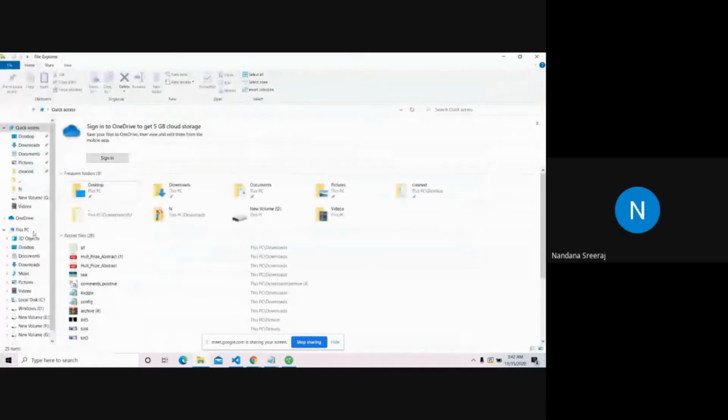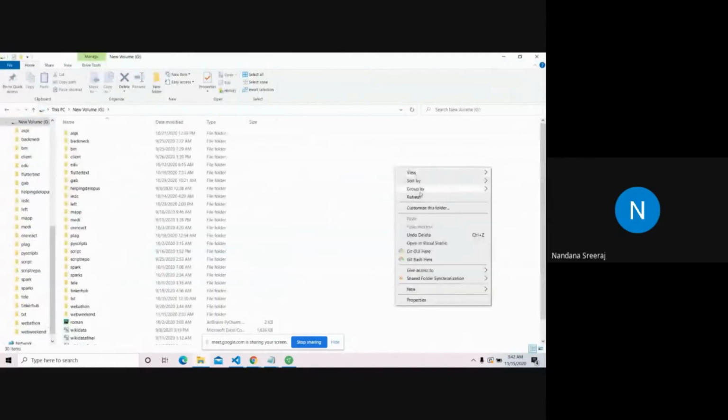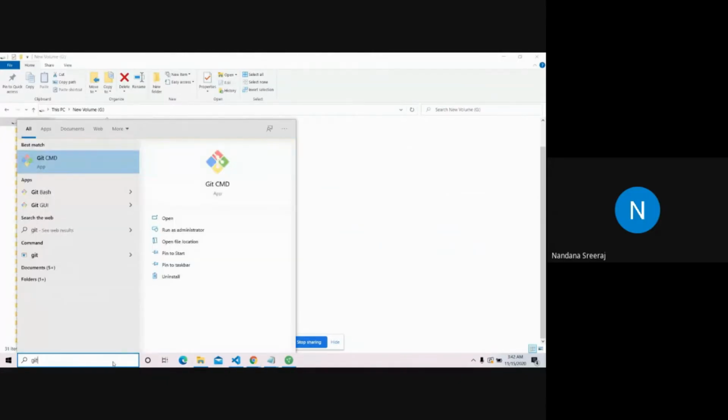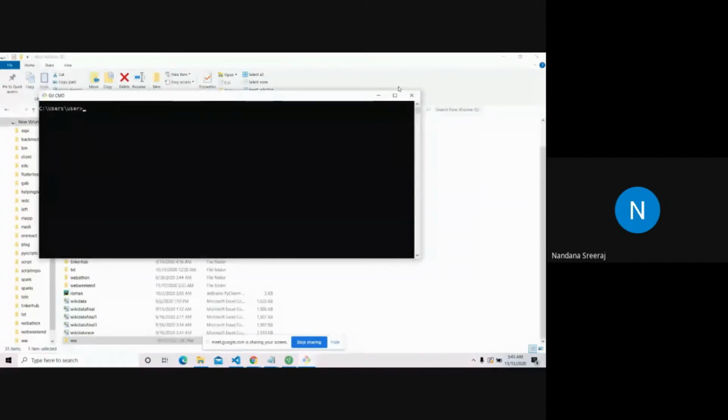A folder in local disk G, new folder, www. And we have something called Git command prompt, and we use this Git command prompt to get things from GitHub and push things into GitHub.